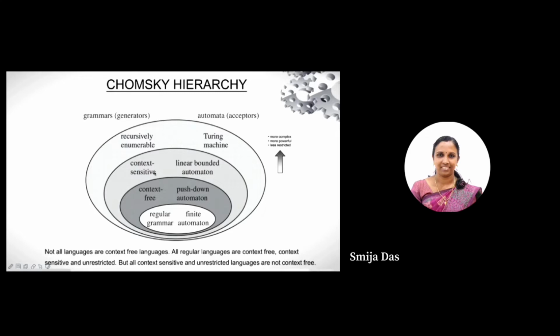Now we are going to study about Turing Machine, and the class of languages accepted by them is known as recursively enumerable languages. We have also seen the drawbacks of finite state machine, and those can be overcome by another machine known as push-down automata, and also various drawbacks of push-down automata we have studied. So now we will discuss about the more powerful machine known as Turing Machine.